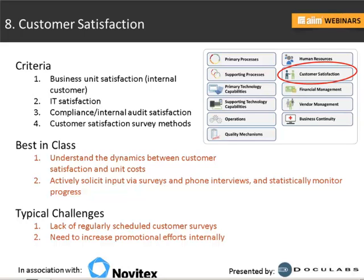And customer satisfaction. We are really almost done. So this is looking at your immediate internal downstream business unit customer satisfaction, but also IT satisfaction and the satisfaction of the audit, both internal audit and the regulatory bodies for HIPAA compliance and SEC Rule 17 compliance and so on. And the best practices are to really understand what makes your customers happy, actively solicit them through surveys and phone interviews, do sit-downs with them regularly, use tools like Net Promoter to see if they're really happy with you,